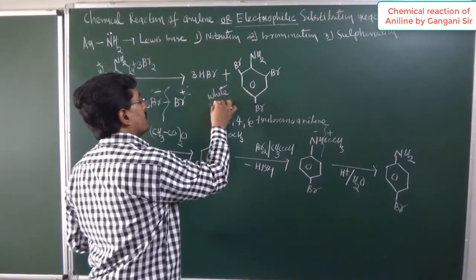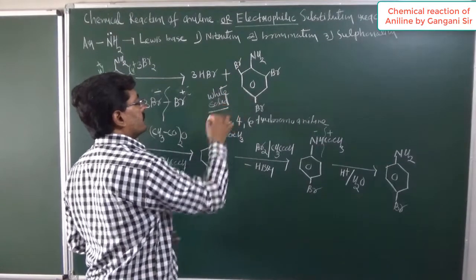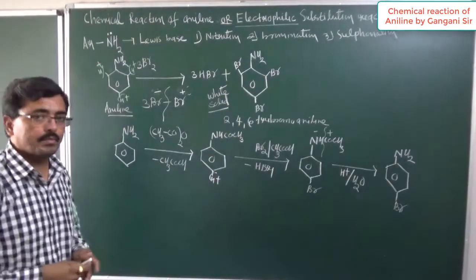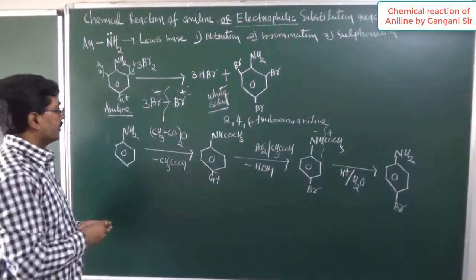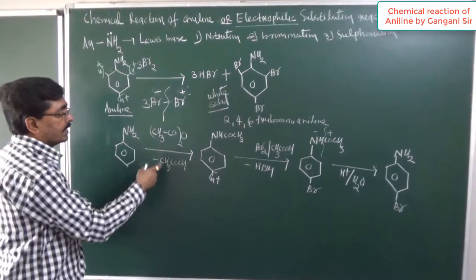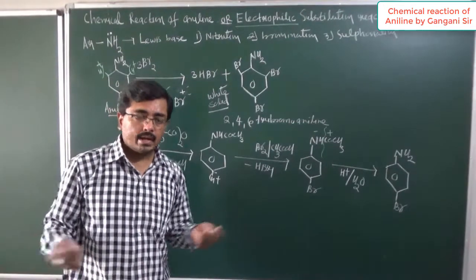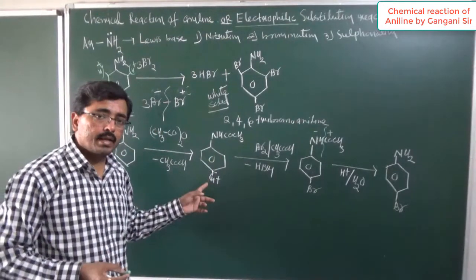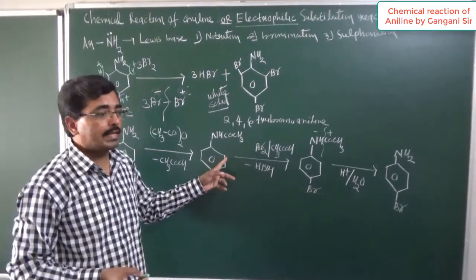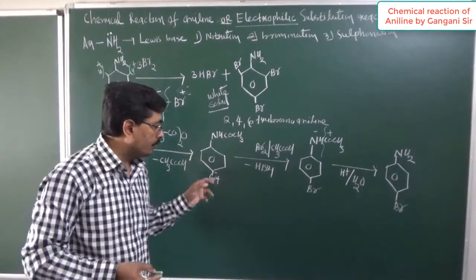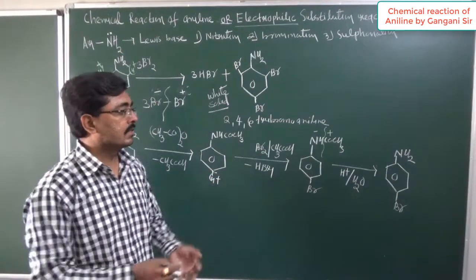This white crystalline solid substance we obtain is 2,4,6-tribromoaniline. And if aniline is allowed to react with acetic anhydride, it gives acetanilide. Now acetanilide is an ortho-para-directing group, but in the ortho position steric hindrance will be more. So the bromo group will enter in the para position, and as a result we get this